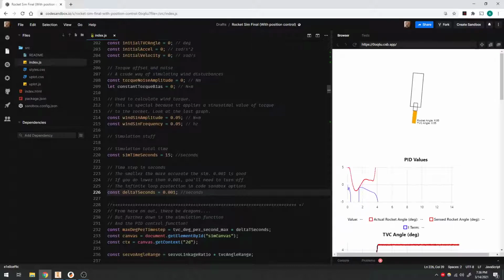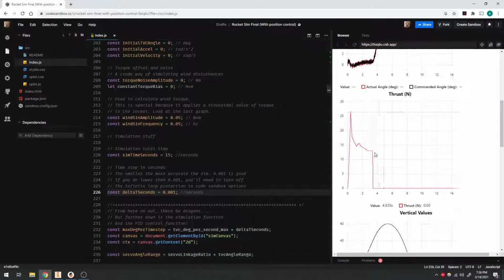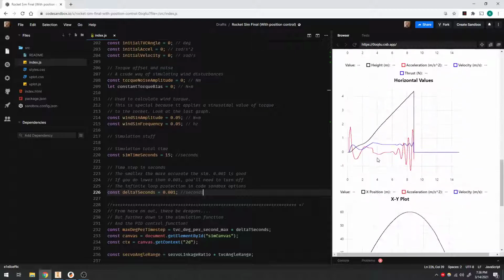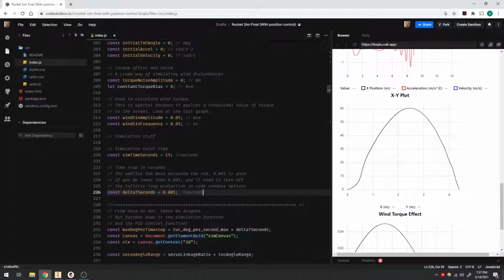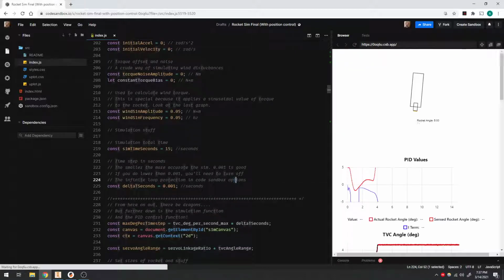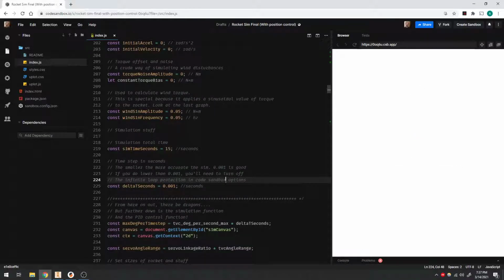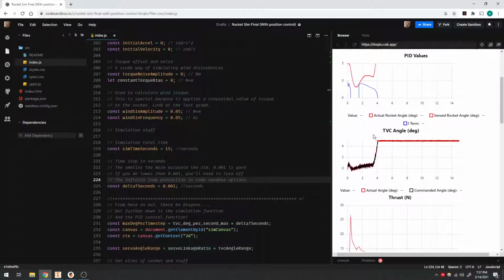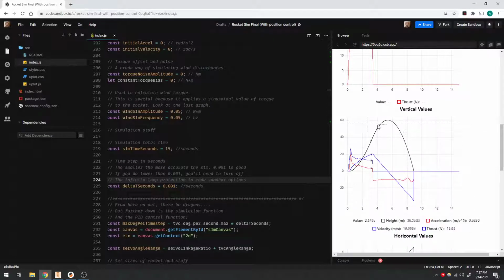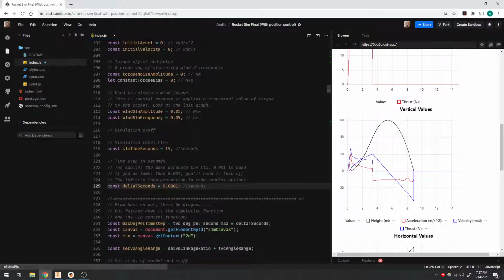0.001 is pretty good, and that works as well. But you can sort of see, so let's say we go with 0.001, and we run the simulation, and it completes faster, and we'll see what the vertical values are that it's gone up to, right? So the highest height is maybe about 60.405 or so, right? If I go 0.001,